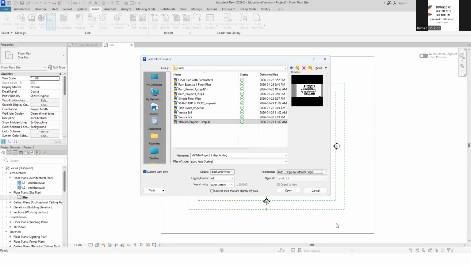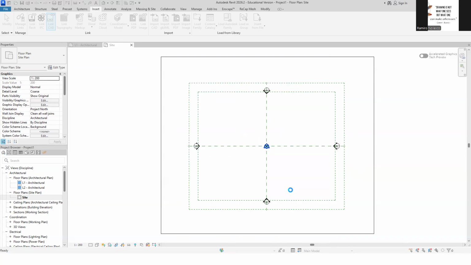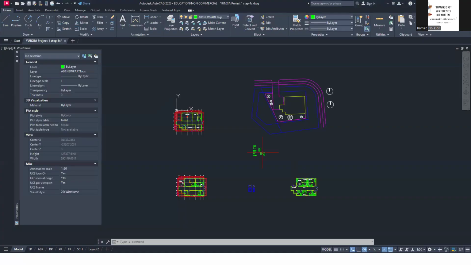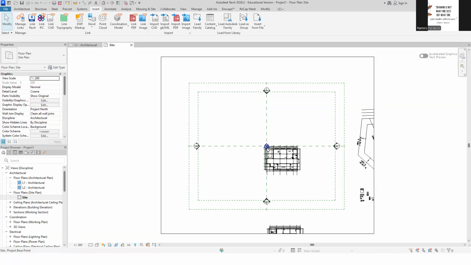That normally is our setup to import or link a CAD file. Okay, I'll click open. And notice the base point, compare that to the origin in AutoCAD. Okay? So that's where it inserted my CAD file.